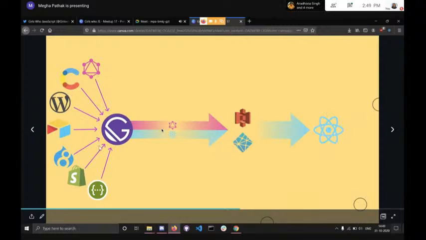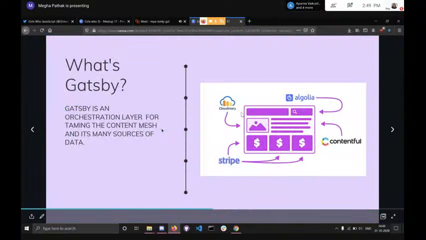So Gatsby pretty much solves this whole problem for us. Gatsby simply suggests you bring together the best of everything. If you want to use Airtable in your website, you can use it. You can integrate all of it using plugins and everything. This is what we call the content mesh.